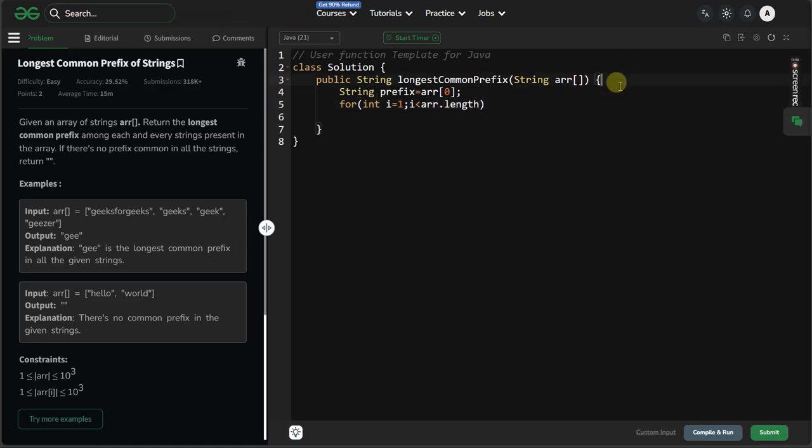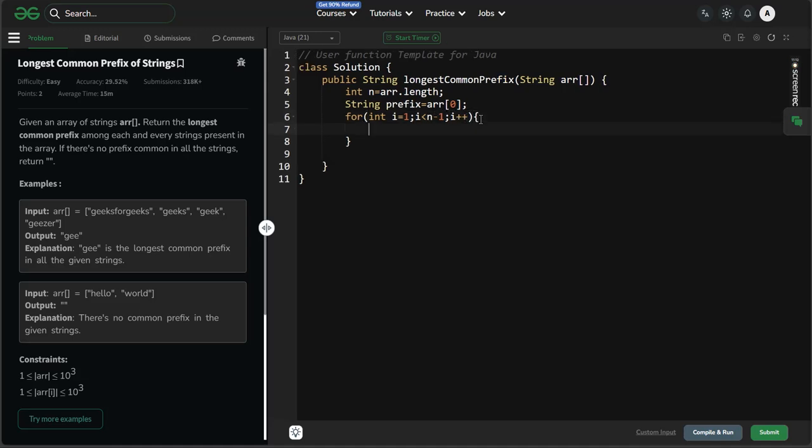Let us declare a variable, int n equals length. So we compare from i equals 1 to n minus 1, i plus plus. While our current string, which is array of i, dot indexOf,